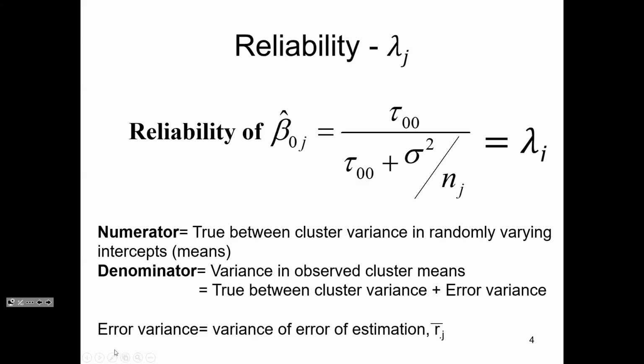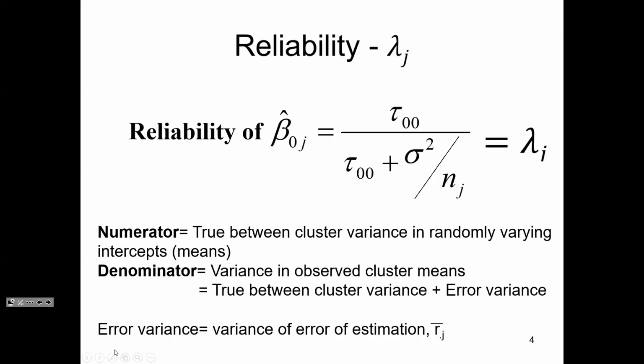Yeah. Well, it's going to range from 0 to 1. Technically it ranges from the ICC to 1, but if there were no intraclass correlation, so no between cluster variability, then it would range from 0 to 1. So 0 would mean there's no between cluster variability. So anyway, heuristically,